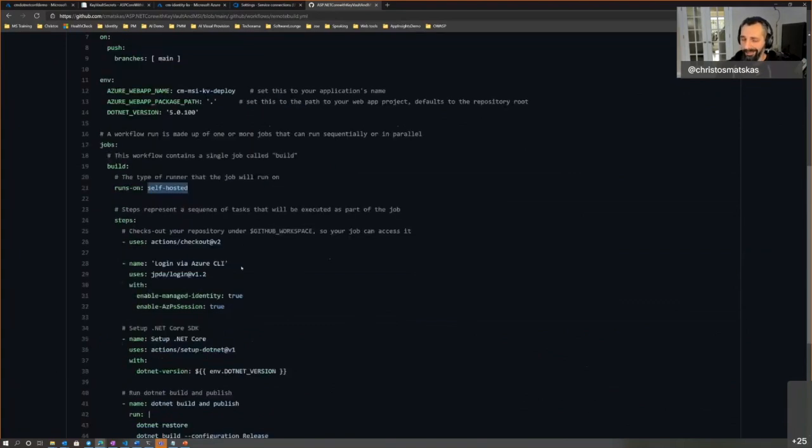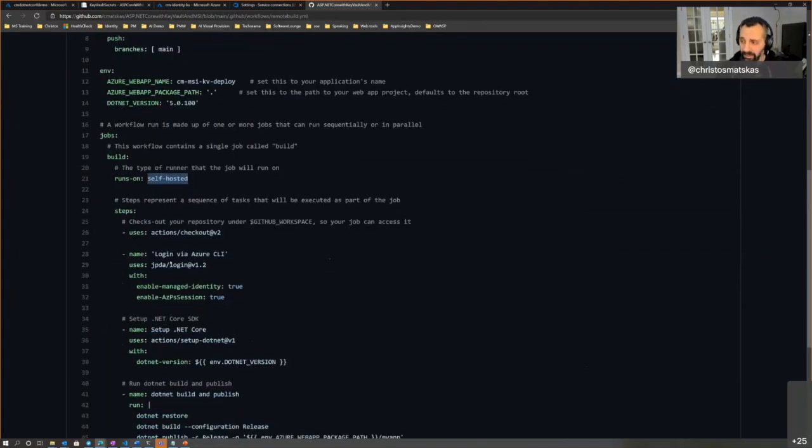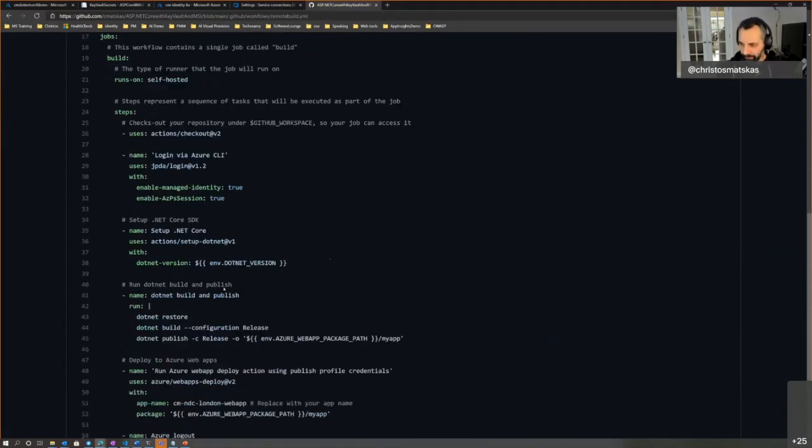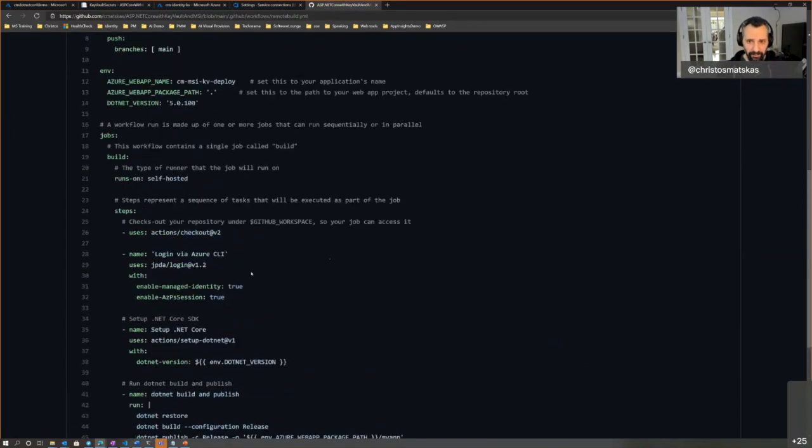And then I'm using a different flavor of that login, which is going to make it into the main repo. So eventually you won't have to use the custom flavor of this login. But this will allow you to use the managed identity and deploy things. So again, I should be able to grab the secrets from there, authenticate, and then run any tasks I want against Azure. So managed identities as service principals allow you to do quite a few things.